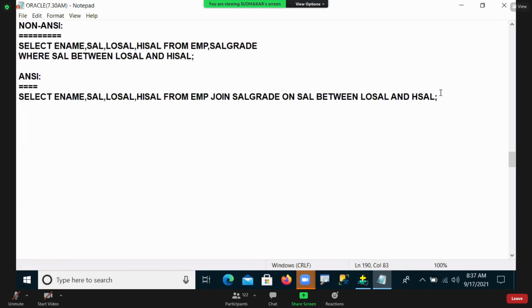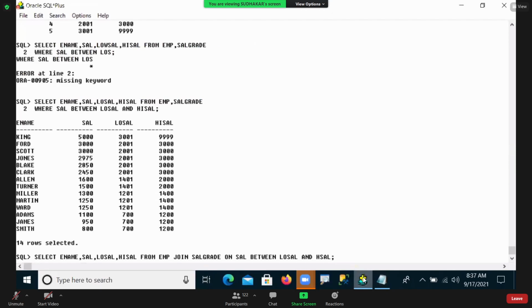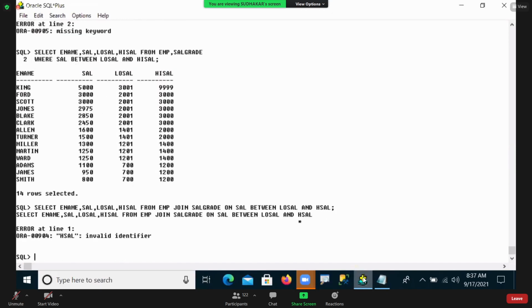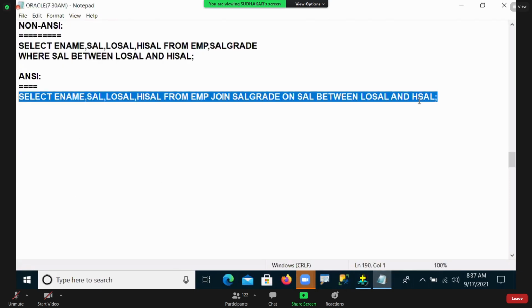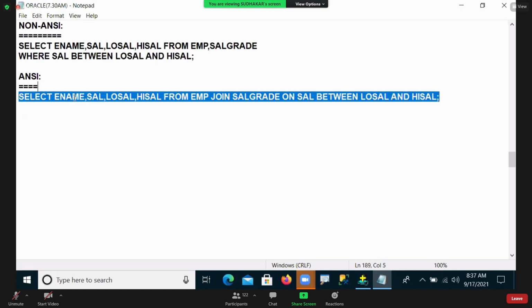Now I am going to execute this entire query in ANSI format, non-equijoin. Let me see. Okay, now I'm executing. Something is missing. High sal, the column name is wrong. Okay, I'm changing the column name here, HISAL.